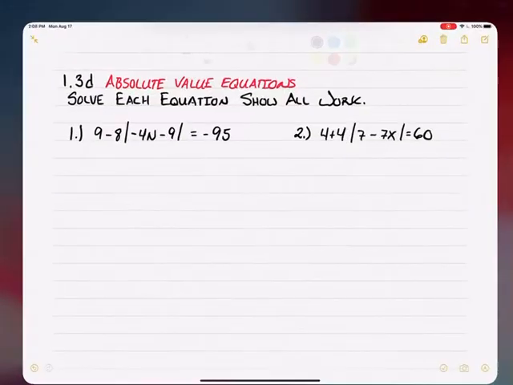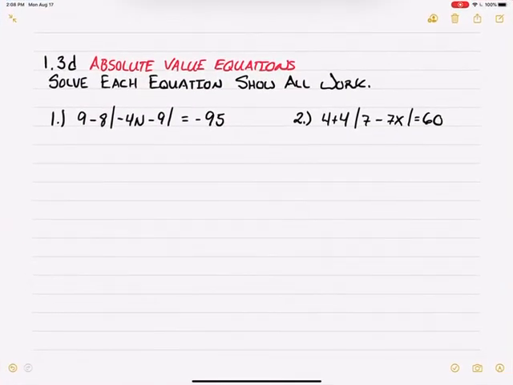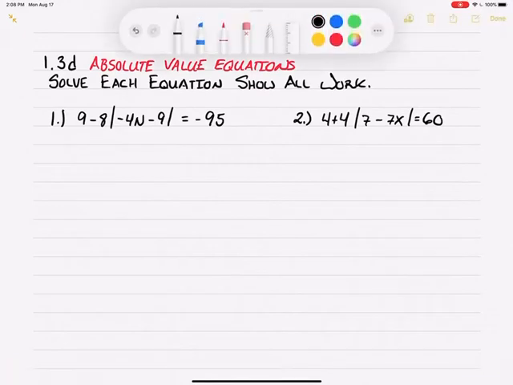Alright, so today we're looking at more examples of solving absolute value equations. Our directions are to solve each equation and show all work. So, starting with example 1, I have 9 minus 8 times the absolute value of negative 4n minus 9, and